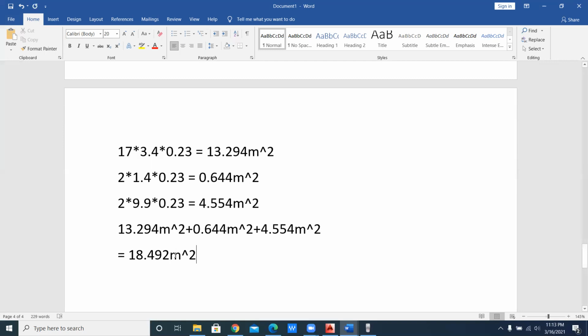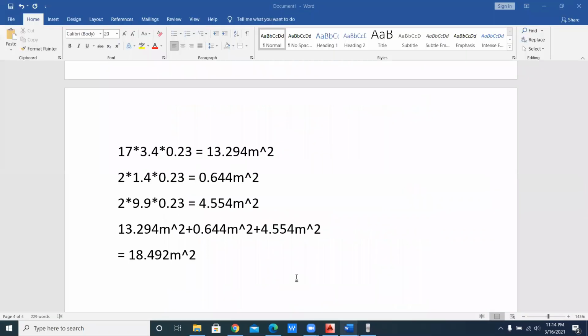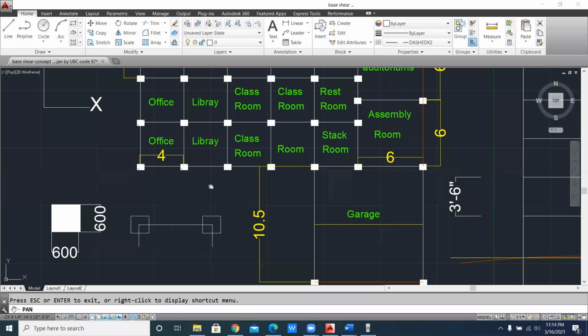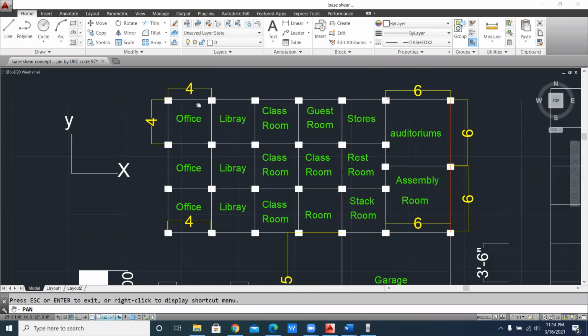Now the other thing, if you want, let's suppose. As I told you that there are some walls, but let's suppose you have considered that there is some opening. Let's suppose you have a wall here, and there is a window, another window, another window, and there is a door. Then you must deduct, for the exterior walls, not more than 45%, and for the interior walls,